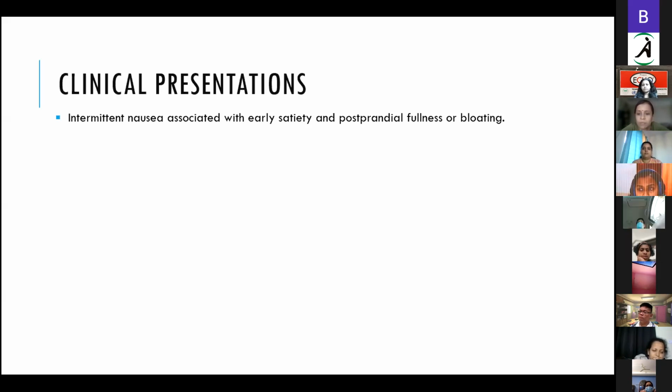Gastroesophageal outlet obstruction. Yeah, when there's postprandial fullness or bloating, it more likely could be due to gastric involvement. With esophageal involvement, the patient might throw up food as soon as the patient eats. So here we can suggest that there are gastric emptying issues. Now we have to go back and look at the causes of this delayed gastric emptying, whether it's drugs, or any GI malignancy, such as a stomach cancer leading to gastric outlet obstruction. What are those concerns? So you might want to go back and look at that.